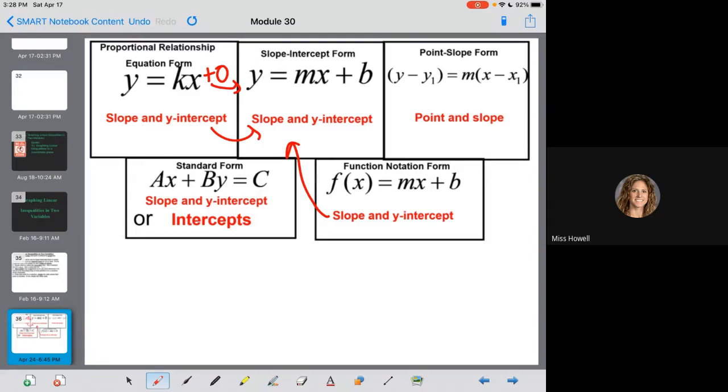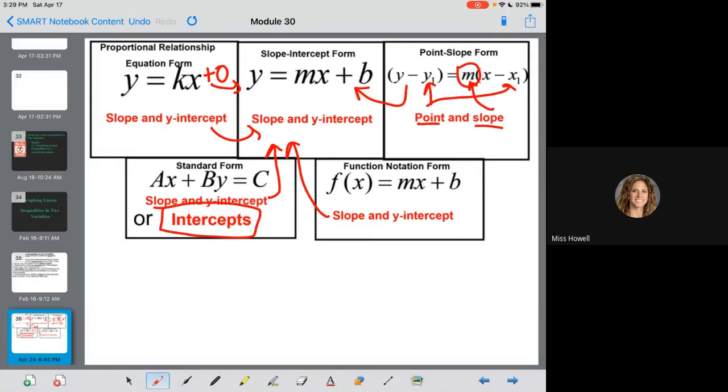If you're given point-slope form, the simplest version is using that point and the slope, right? This point and the slope here that you know from your equation, your line. However, you can also do slope-intercept: rearrange it into y equals mx plus b, and use your slope and y-intercept to help you graph. If you have standard form, you can rearrange it like all the others into y equals mx plus b and graph, or it's sometimes easier to just use your x and y intercepts,